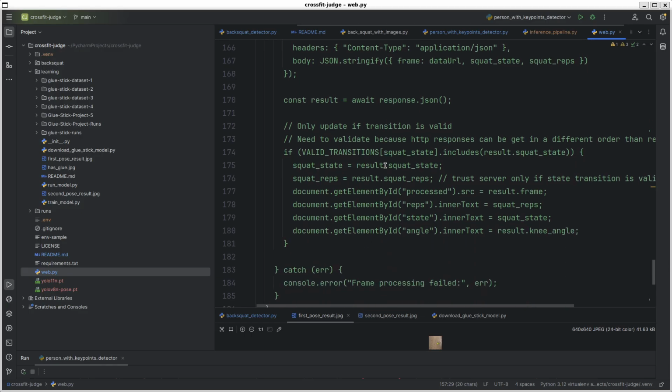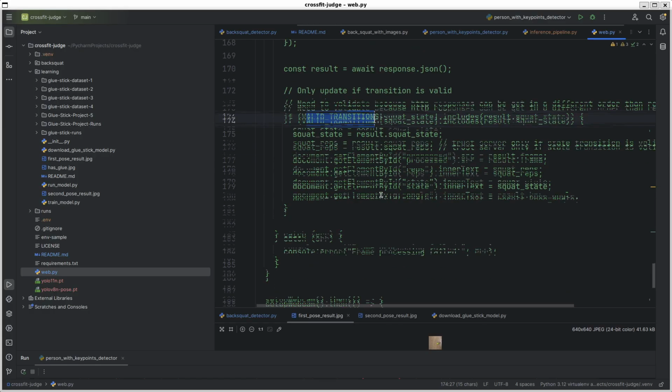You see, I send the squat state and the squat reps, so the server can, based on this data, calculate the new squat state and if it's a repetition or not. And after I get the result, I update the visual elements in here as well. So for the next time that we send the next frame, I get these updated values that I have in here if it's a valid transition.